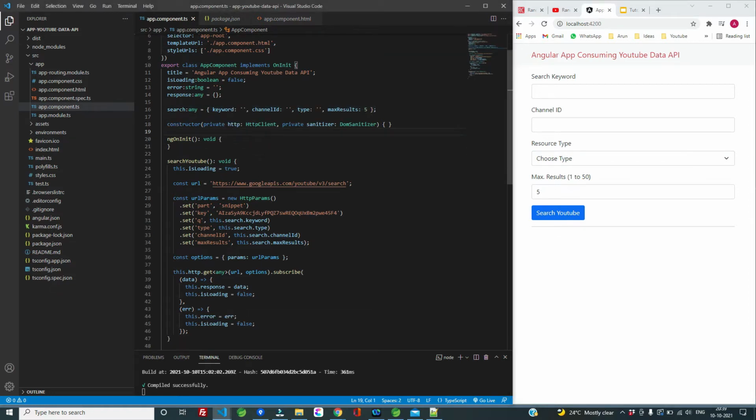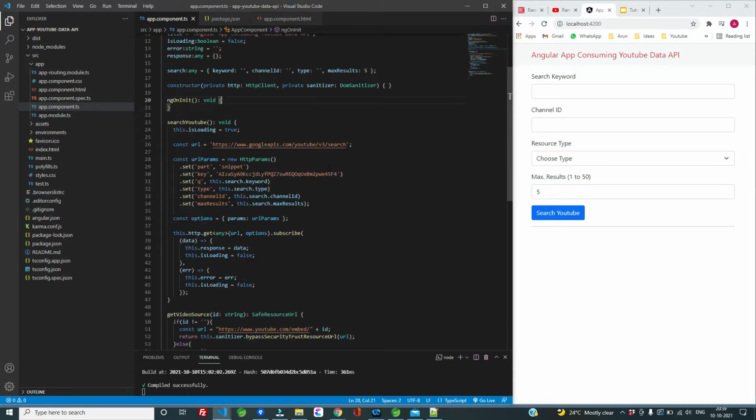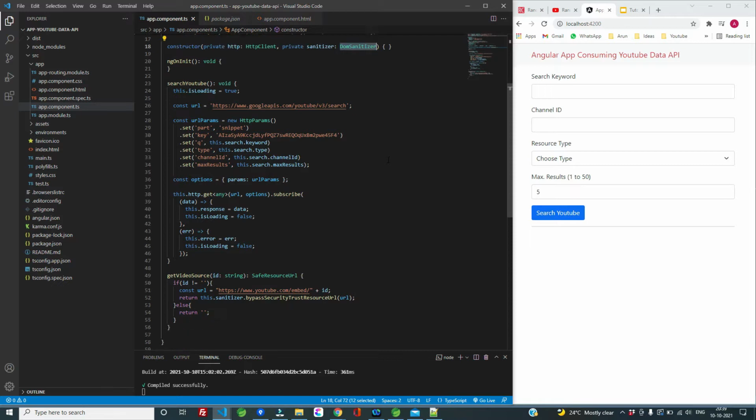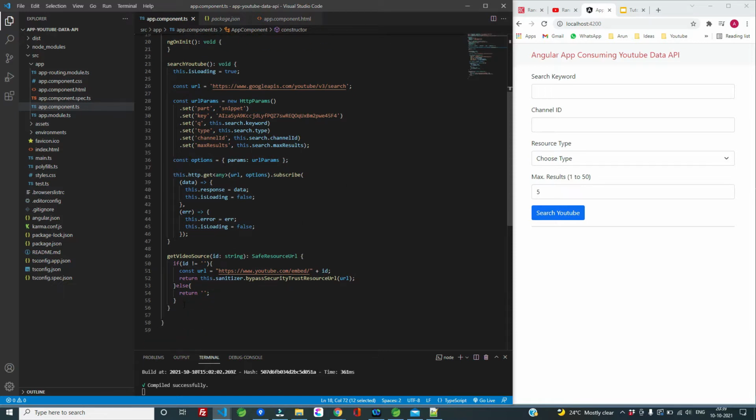We have the constructor here, where we have added HTTP client, which we need to execute the YouTube search request in our search YouTube method. We also have this DOM sanitizer, which we'll be using to build the embed URL for the videos that we are going to place on the UI.